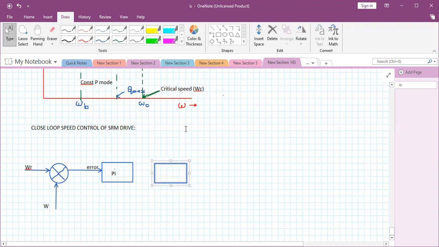Say for example I want to plot the torque, but we know that we require only positive torque. So I will draw like this here. It will give us positive torque. It is just for reference. So this is our torque control.